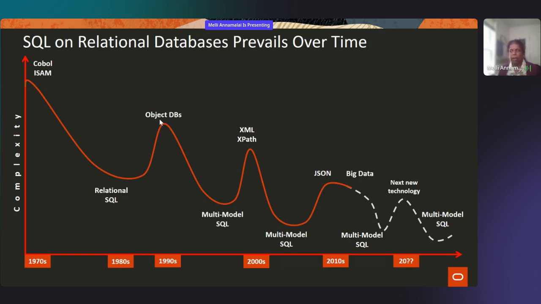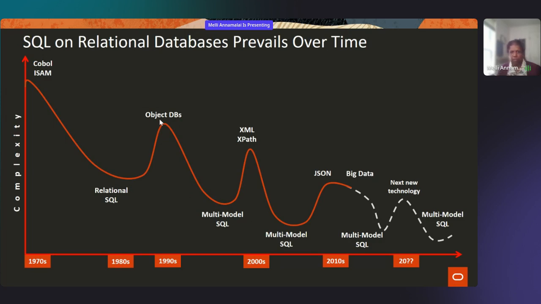And then what ended up happening was, some of the features of the object database just became merged with SQL. And then similarly, XML. Then some of the XML features began to be merged with SQL. Some of the JSON features began to be merged with SQL. So we see this as the requirements grow from real world use cases, we see there was a need for